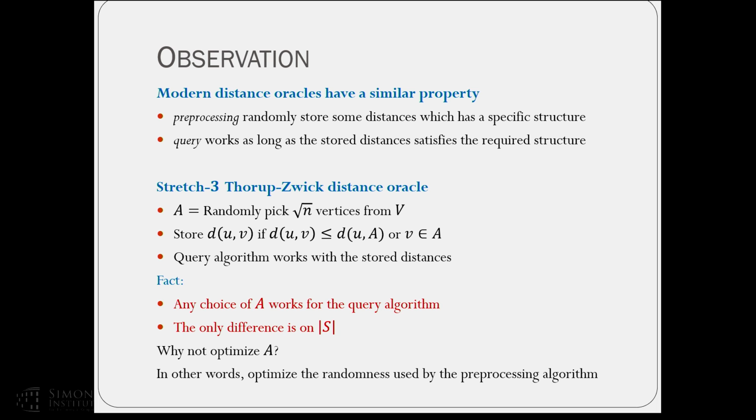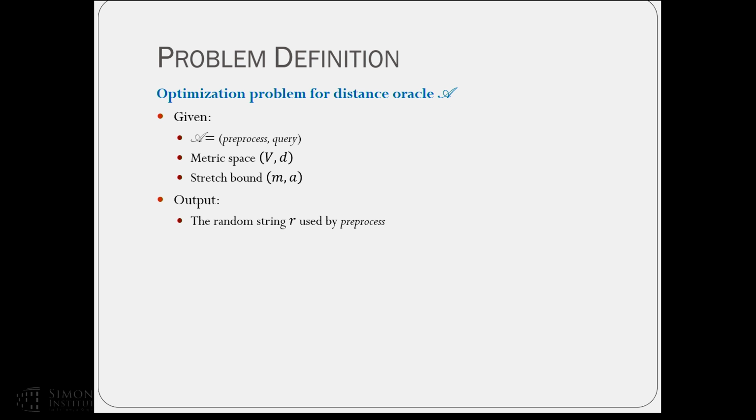In other words, optimize the randomness used by the preprocessing algorithm. So now here we have a well-defined problem, which is the optimization problem for a distance oracle. Given the preprocessing and the query algorithm, as well as the metric space and the stretch bound, we are aiming to output the random string used by the preprocessing algorithm